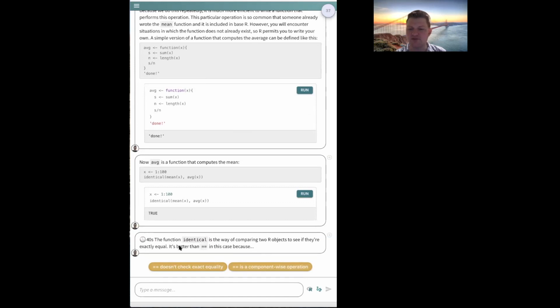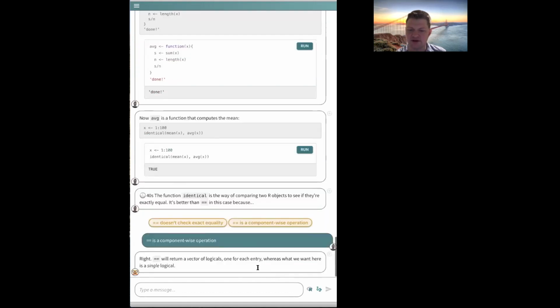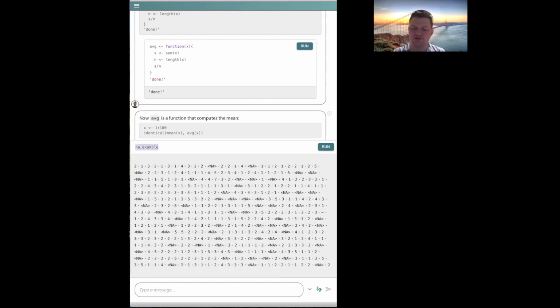What's the problem with doing the equals equals here to just check whether these two objects are equal to one another? Yeah, so the correct answer is that the double equals is a component-wise operation. So this is a point about vectorization being really central to R. Most operations are vectorized, including the equals equals operation that checks equality. And that means that if you're going to use it for mean and average, I'll show you exactly what that looks like. So if we do mean of x and average of x,